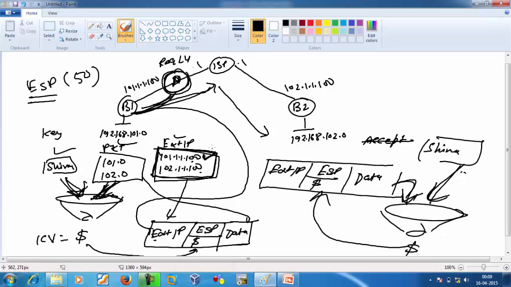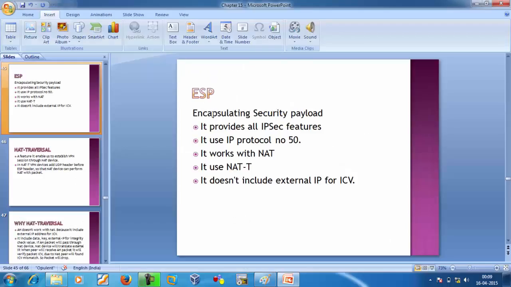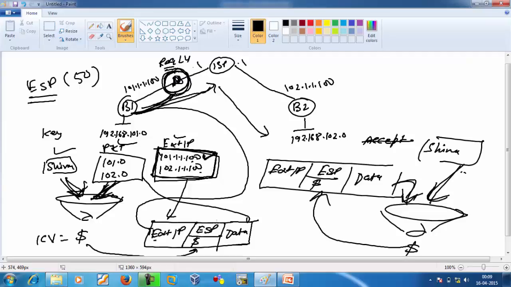When a NAT device translates the packet, it requires layer 4, but ESP encrypts all the data. If we are using ESP, then all our data is secure, so we can't read the data. If we can't read the data, the NAT device will not perform the NAT.